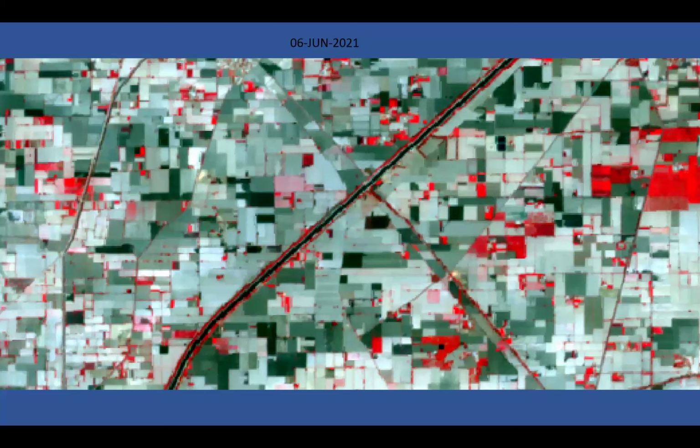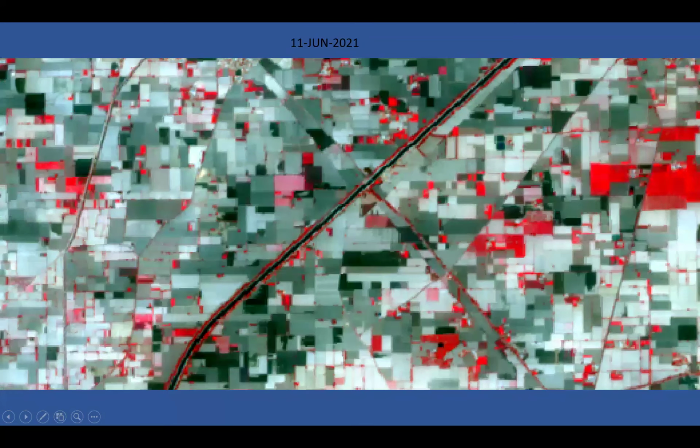Now you can focus on this satellite image as well as the date written on the top. As I told you, the red is the crop, which is green on the ground. The other, lighter colors are the dry fields, and slowly the moisture increases based on color and tone. The dark patches have more moisture, and the light patches have less. This is the month of June, 11th June, and you see the darkness is increasing.